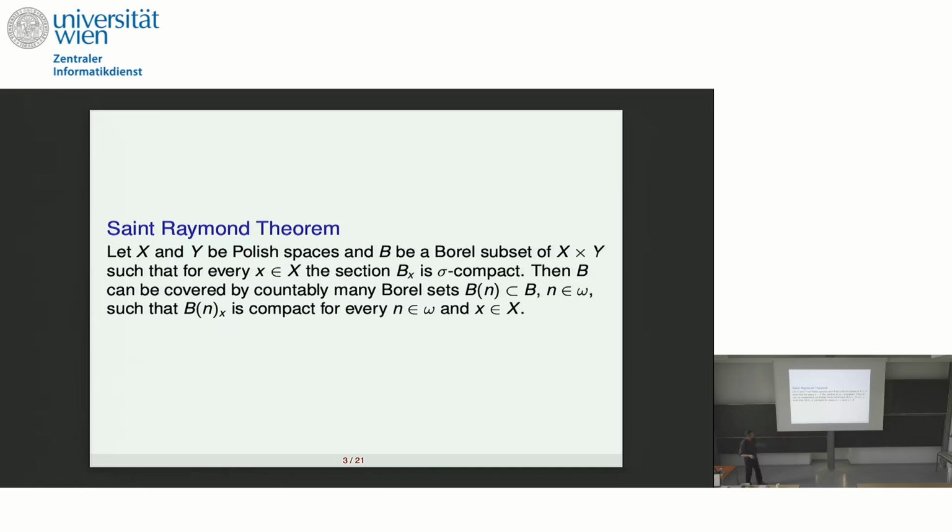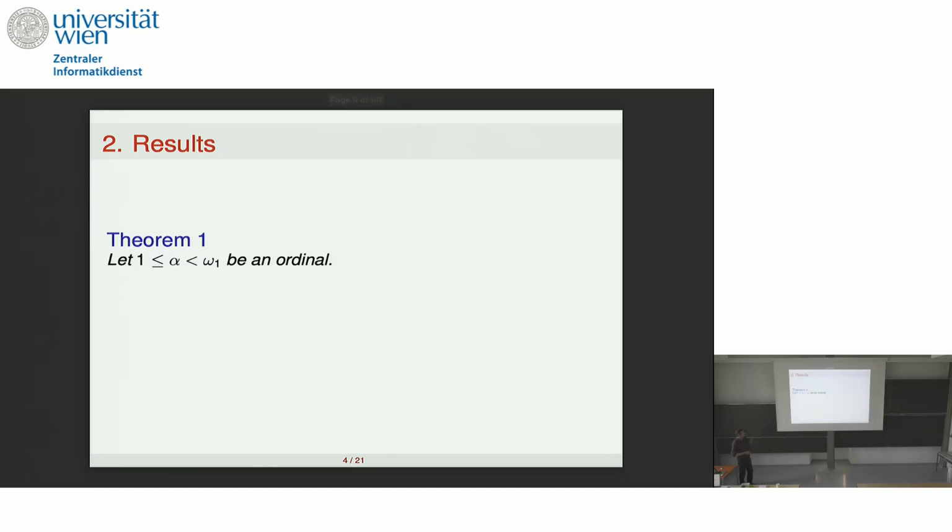And again, we may pose the question: if we know something about B, that it is in some Borel class alpha, whether these sets Bn can be chosen in the same class or in some prescribed class. The situation is the same as for the Luzin-Novikov theorem. The answer is no. Let me state this in a more precise way.